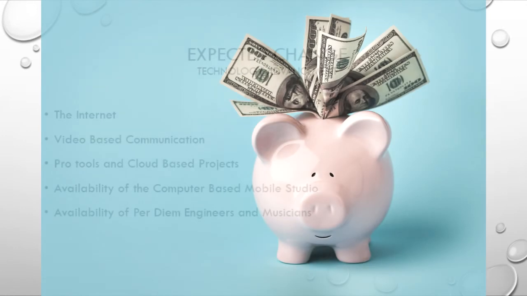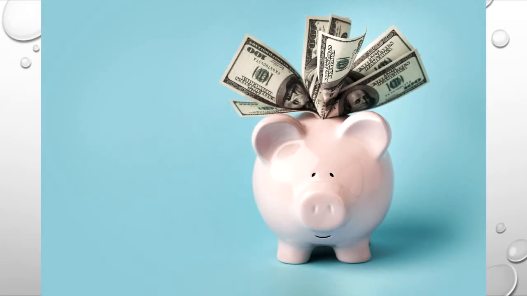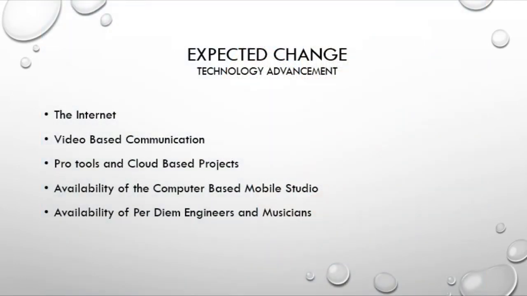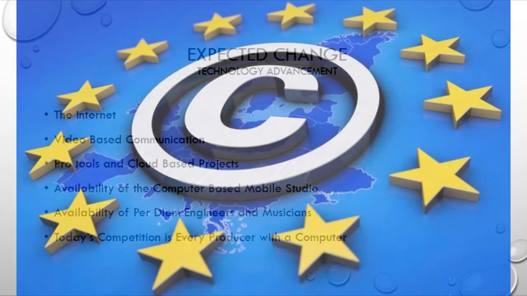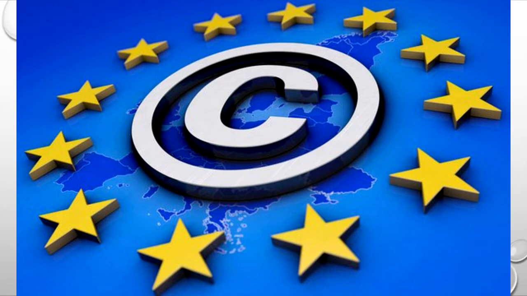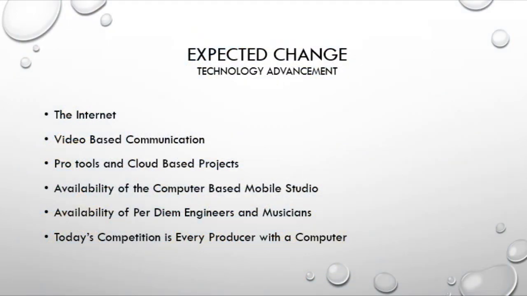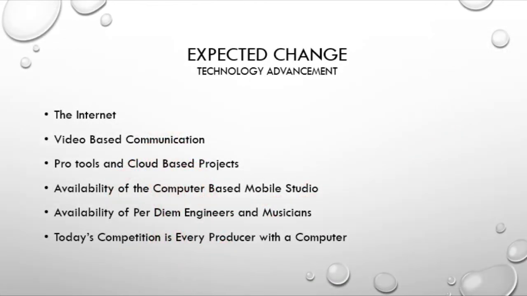The benefit is that the label no longer has to pay hourly wages, but can hire per job per diem employees when necessary. Today's competition is every producer with a computer. Basically, this label is faced with the following choice: innovate or close the doors. Exploiting publishers and writers, as major labels have done in the past, is now hindered with the new copyright laws passed in both the US and the EU. However, smaller labels have a new and fair template and an opportunity to benefit through first mover name recognition, establishing a new era for artists and producers.